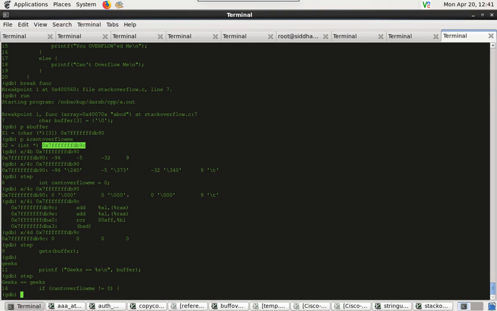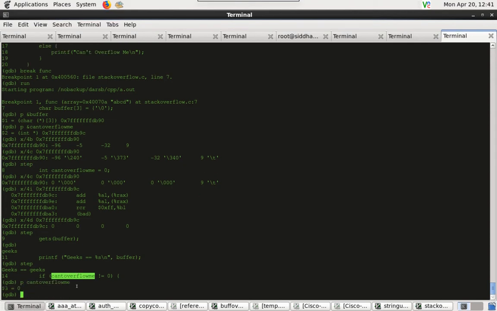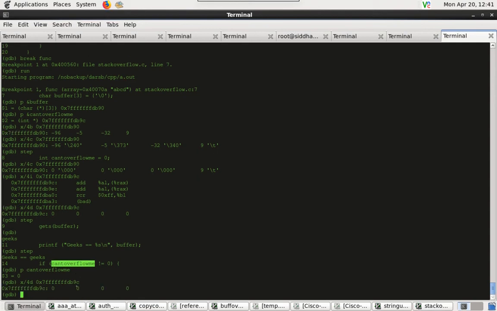So here, if I try to print the contents of can't overflow me, it is actually 0 because the variable is not yet overridden. All the locations are initialized to 0.